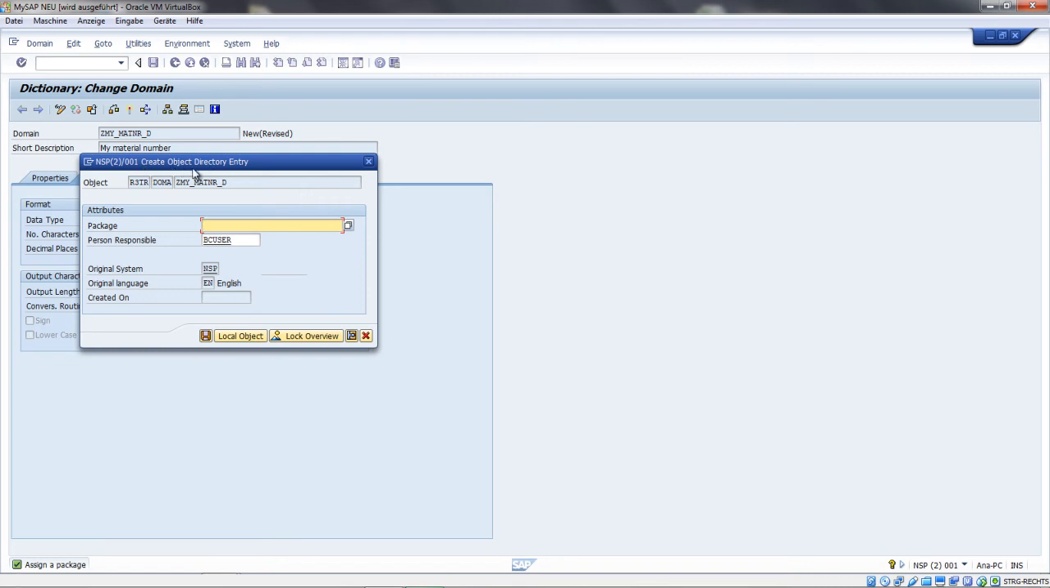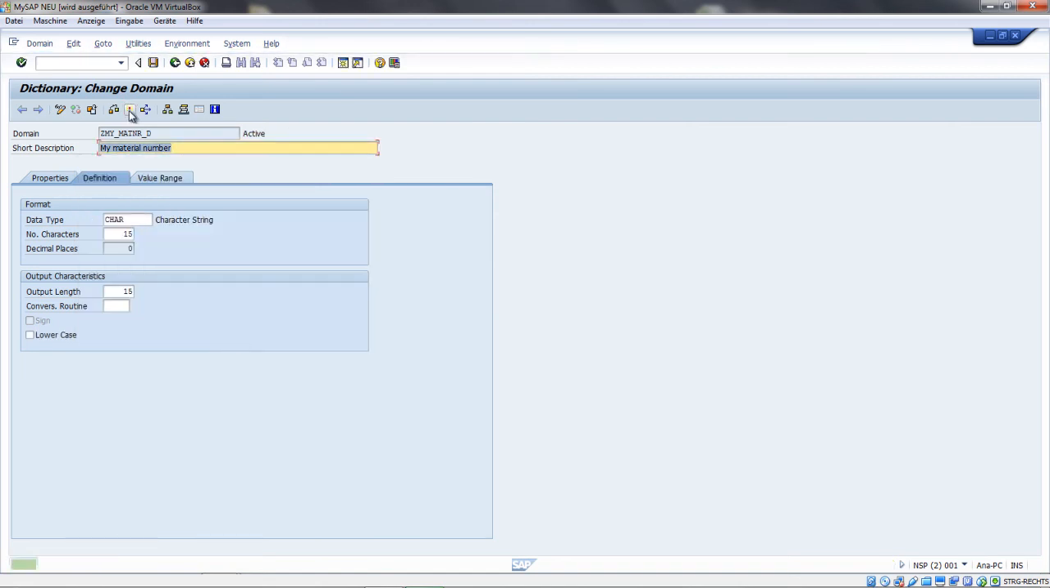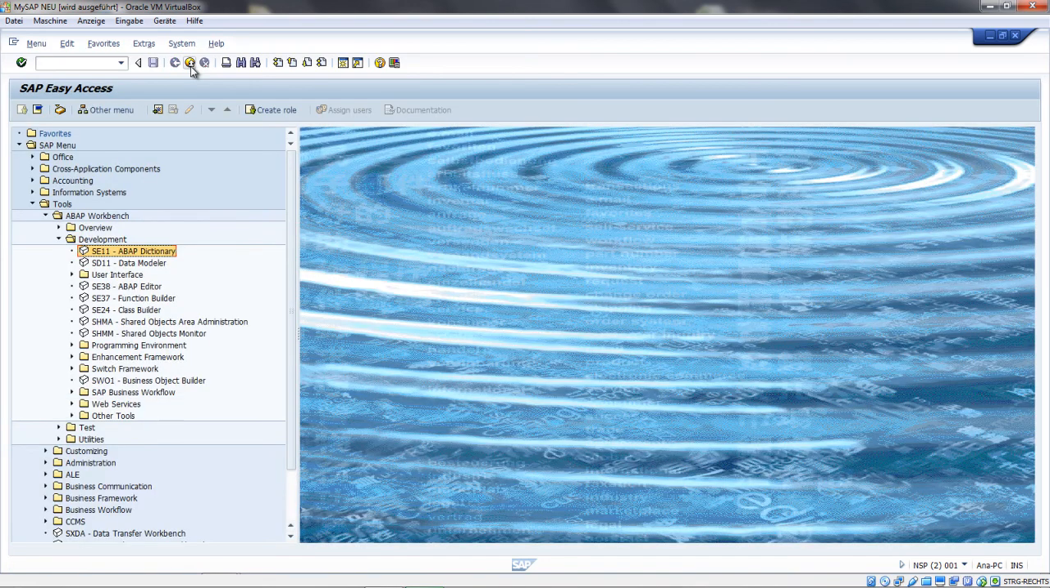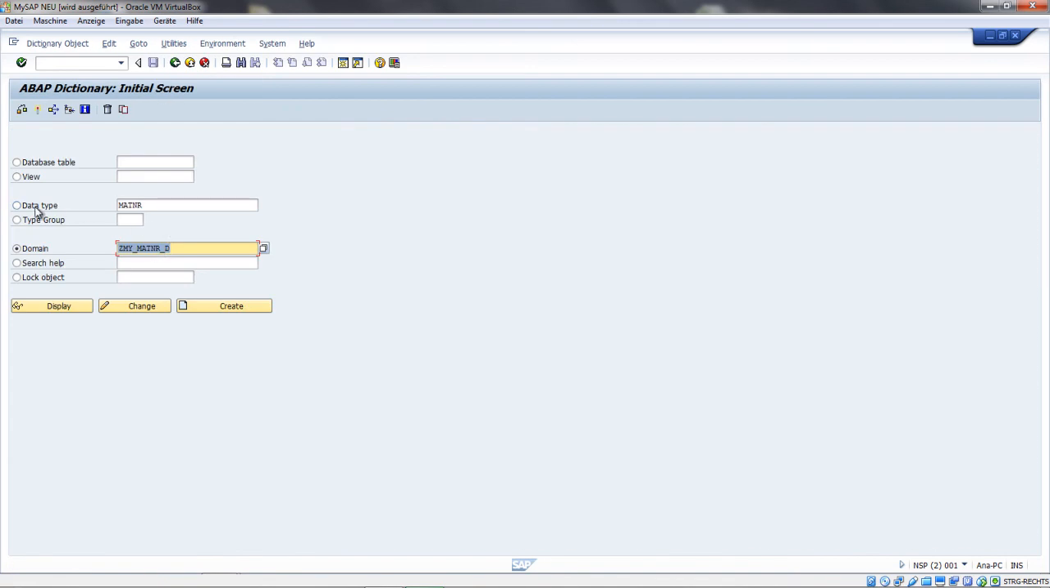What I now also got here is the object directory entry, because for every new object which you create in a system, you have to assign it to a package. We want to create a local object, and now I can activate it. So that's it. That's our domain we created. Now I want to create the data element. Sorry, so I have to go here to data type, enter the name of my data element. I will call it Z my mat nr, and I will name it differently so you can see